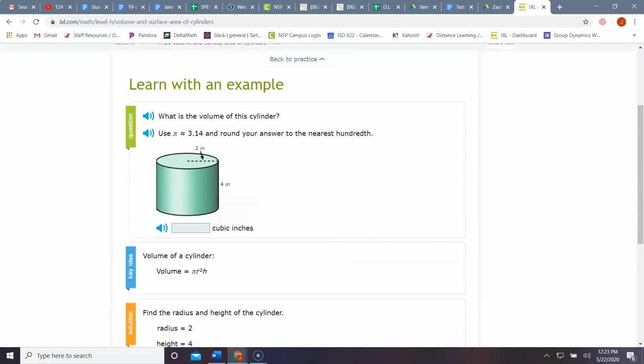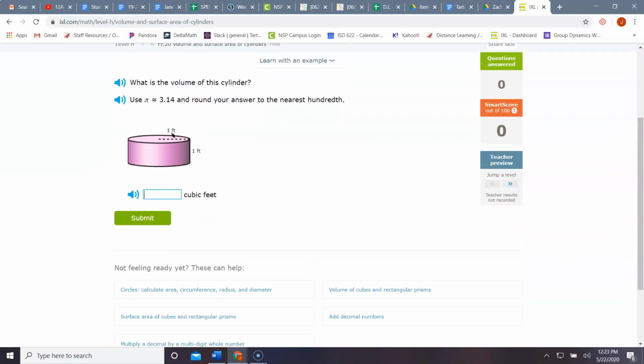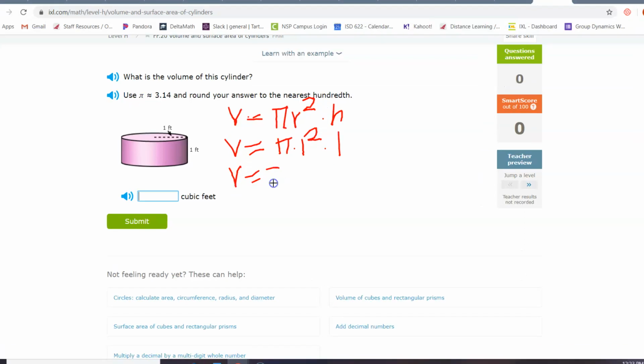Okay, so let's go on up and let's work out our problem here. So we are working with volume equals pi times r squared times our height. So volume is going to equal pi times our radius here is 1 squared times our height is 1. So since IXL wants us to use 3.14,